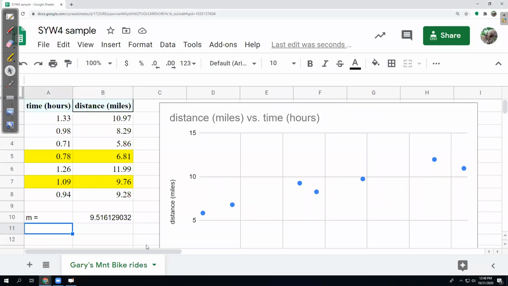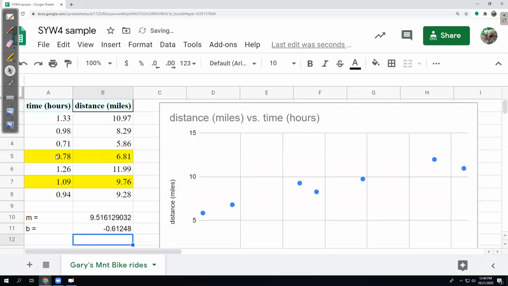So let's use the spreadsheet as a calculator again. B equals, so let's see, I had the 6.81, so equals that guy. And then I have to subtract 9.516, my rounded slope is what I'm using here. I could use the exact number above, that would be a little bit different, times my x value.